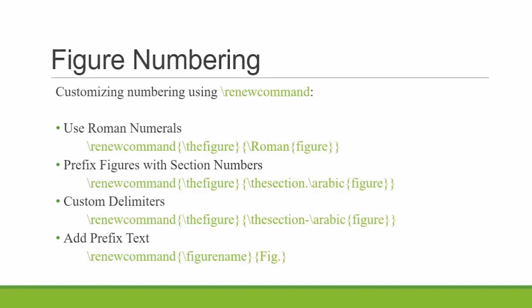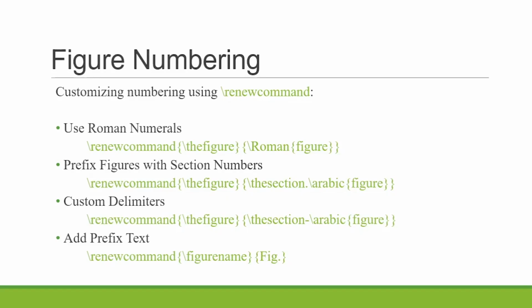Customizing delimiters. You can also customize delimiters, such as replacing a period with a dash. Adding prefix text. To add a specific prefix to all figure numbers, this command is used, like Fig. will be